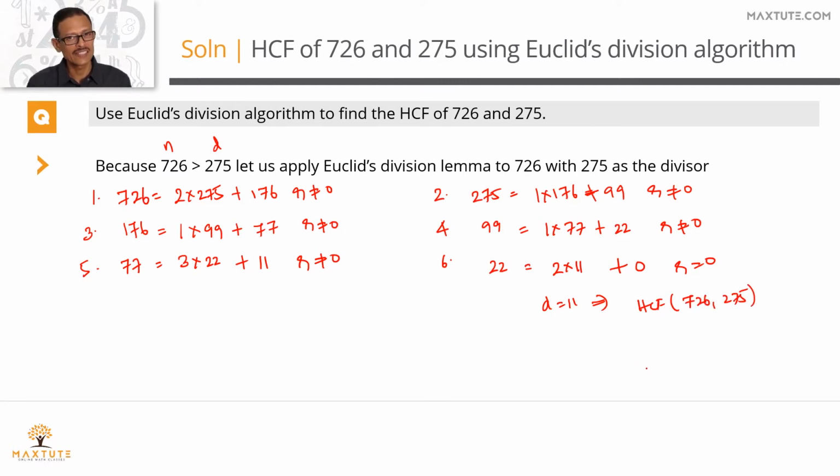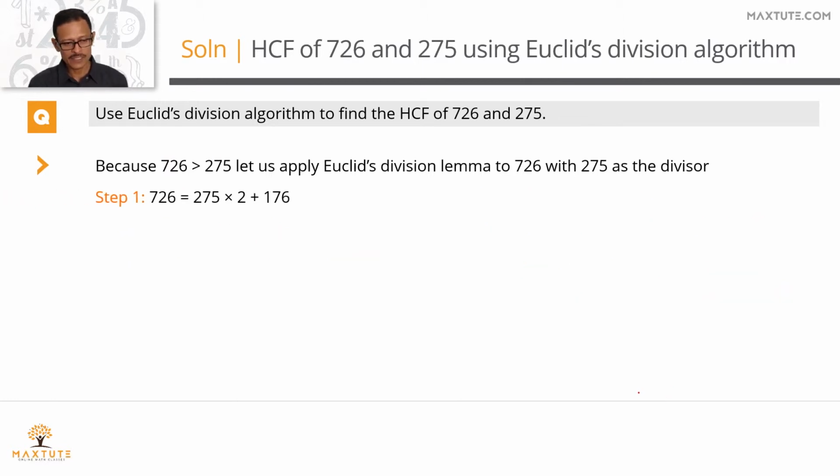Quickly run through this entire thing in a printed form so we can recap it and wind this question up. We're going to apply the Euclid's division algorithm. We'll take n to be the larger number, d to be the smaller number. Q is how many times this d goes in n. And if there is a remainder, we'll keep that remainder. If the remainder of the step is non-zero, which is what it is, we're going to repeat this process